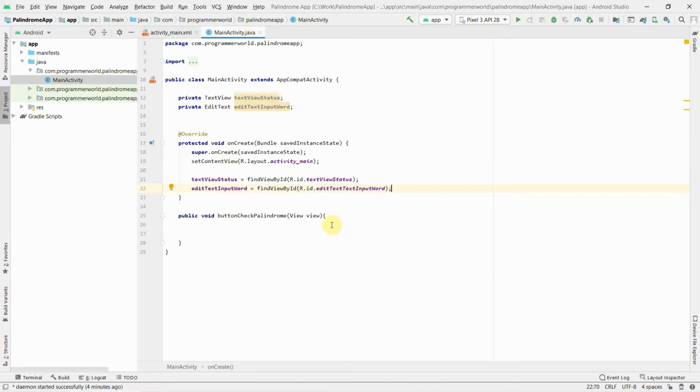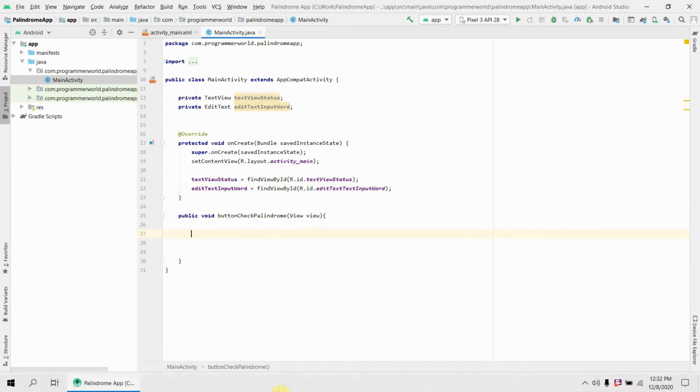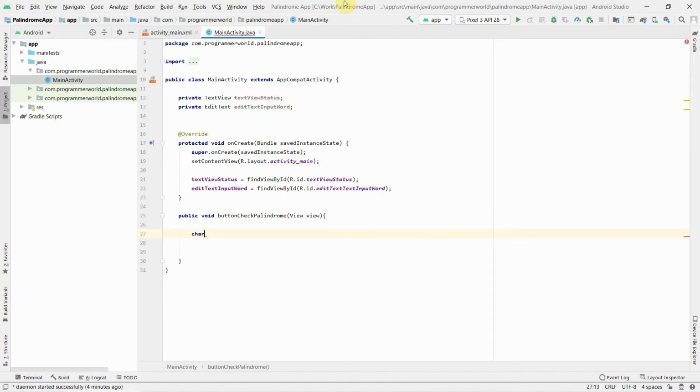Now I'll start my main logic, which will be in this method, and this is the main part of this particular code. First and foremost, I will create a character array from the input entered by the user. I can have, for example, char input. You can name this variable anything.